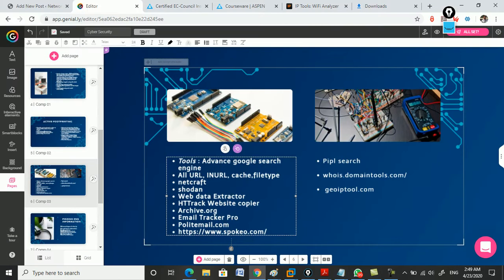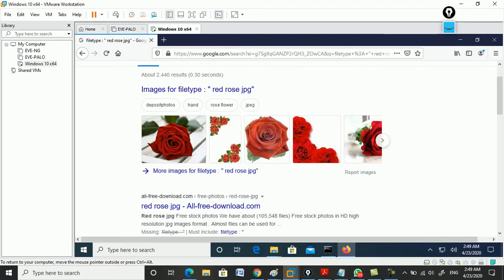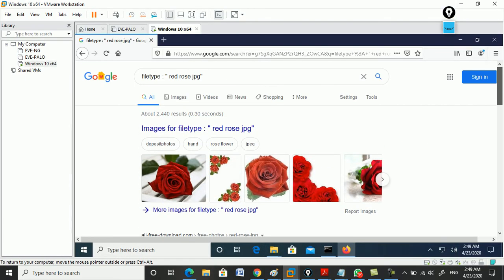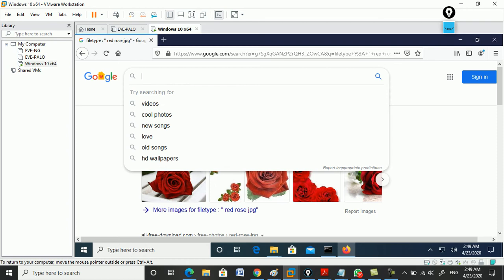So this is that advanced Google search. Like that, in the URL also you can use. This is the one, this is file type. You can find it out this way. The second thing you are going to do,